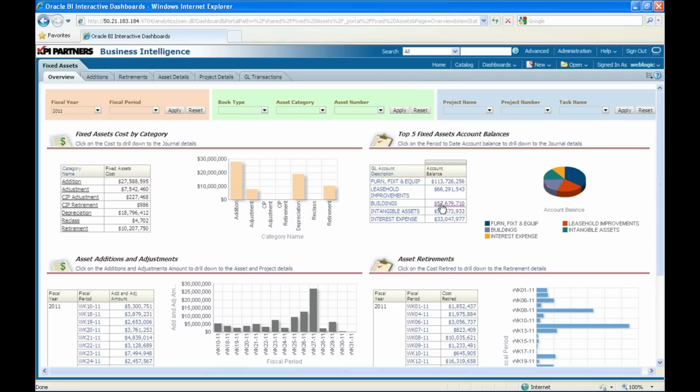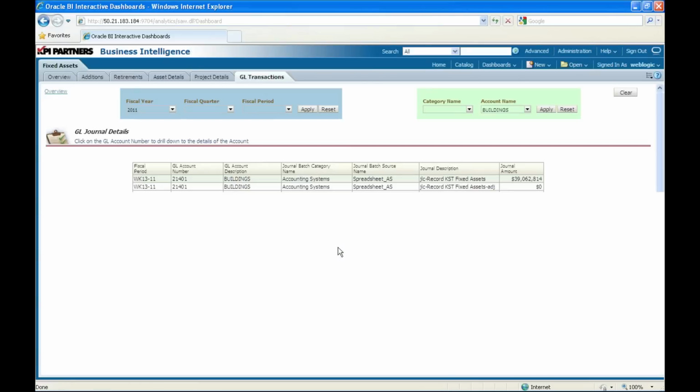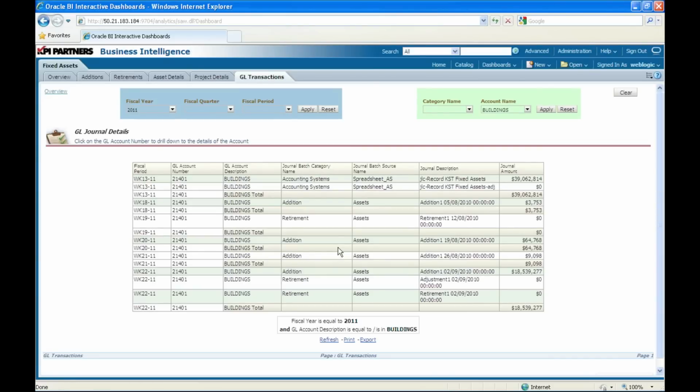which is showing me a balance of over 57 million for the year 2011. This is good information, but I would still like to understand the details of this. So what I do is I click on the buildings, which takes me to the details of this. So this detailed report brings me to GL journal level information. So the previous one took me all the way to the subledger, but this report from a GL balance takes